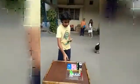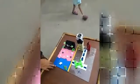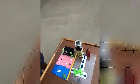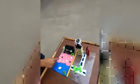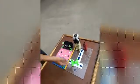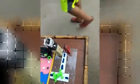So here we have two scenarios where drones could be useful in rescue operations. The first one is a beach scene where there's someone drowning, and it's faster to send a tube on a drone rather than to use a lifeguard sending the tube. And the second scenario is a burning building where we could take a fire hose where the firefighters can't go. So if we do a demonstration, so the drone...